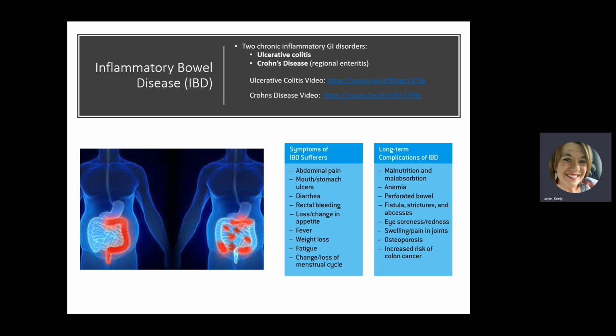In a minute, I'm going to talk about where they occur, which would determine where there would be damage to those tissues. Damaged tissues can cause things like malabsorption, problems with peristalsis or movement if they get down into the muscle and the nerve, and could cause bleeding. So long-term complications include anemia, perforated bowel, leading to